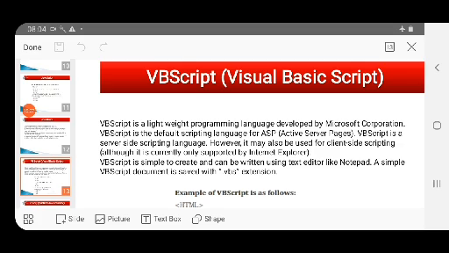Now moving to VB-Script. VB-Script is a lightweight programming language developed by Microsoft Corporation, and it's a default script language for ASP. Earlier we have seen JavaScript language is using Java language as a backend or the basic language.